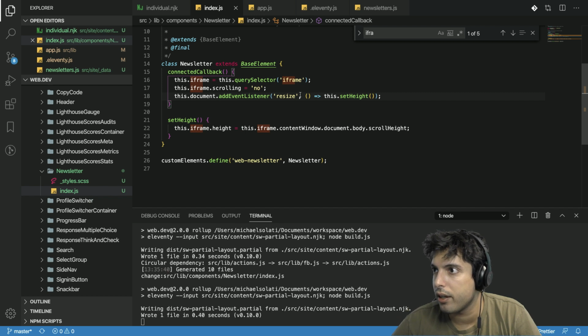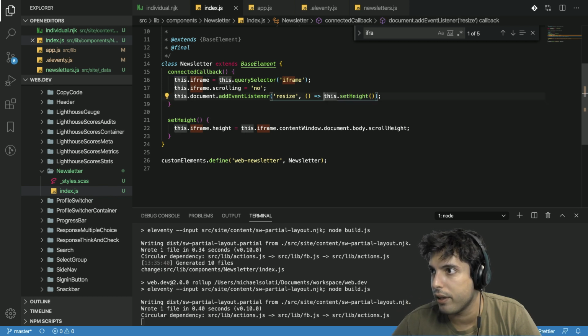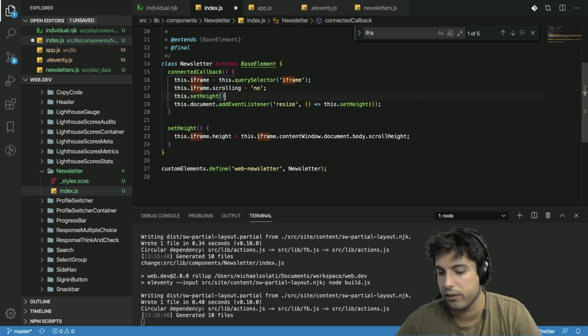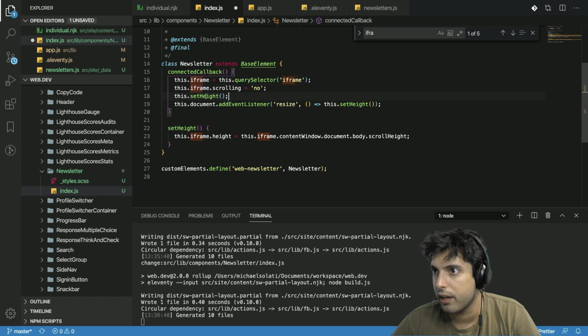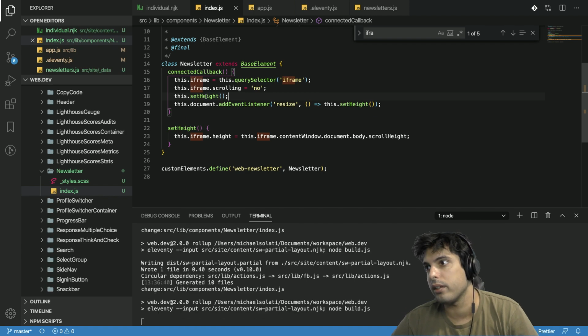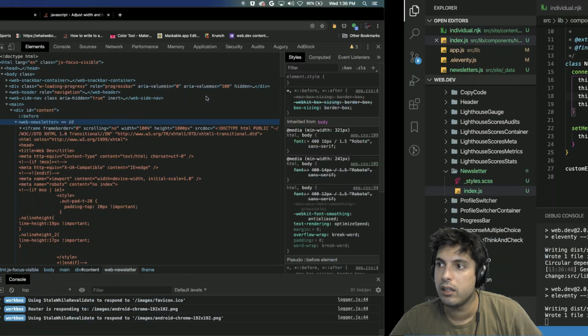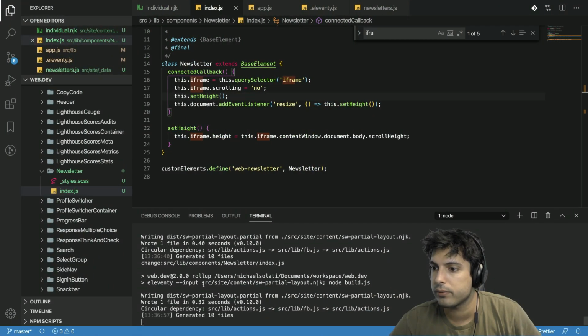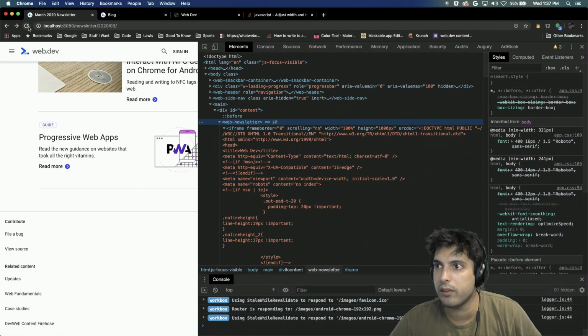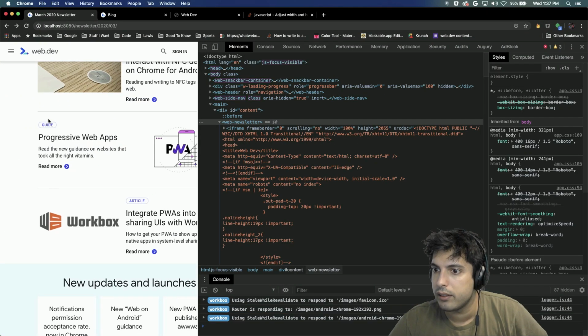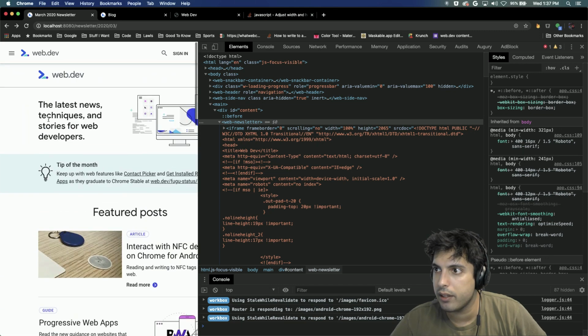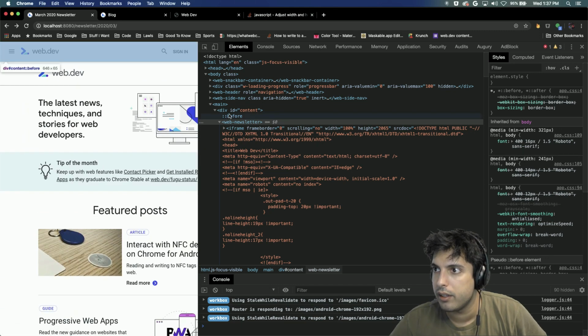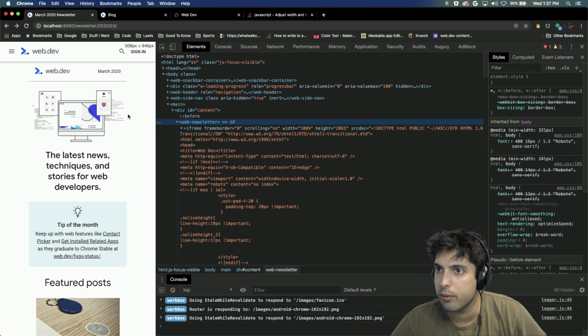Document add event listener. And another thing we're going to do is this only waits to set the height on a resize. We want it to set the height from the very get-go. So now we're going to set the height as soon as the element gets loaded, and then on resize we're going to reassign the height. I think that is what we want to see. So let's give this a refresh. And so now the height is the appropriate height, but and if I resize it,